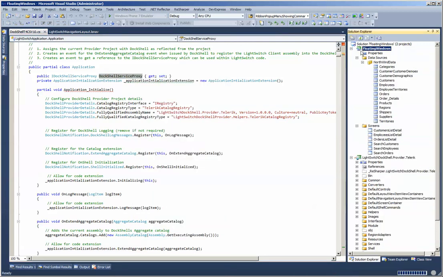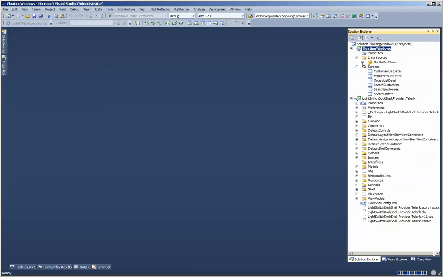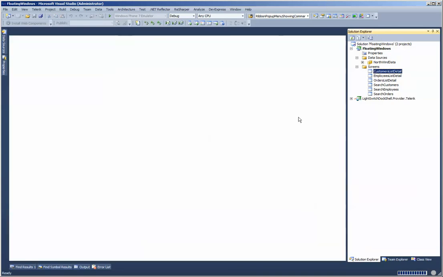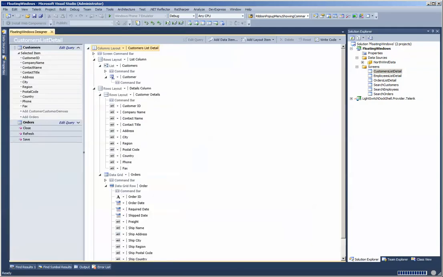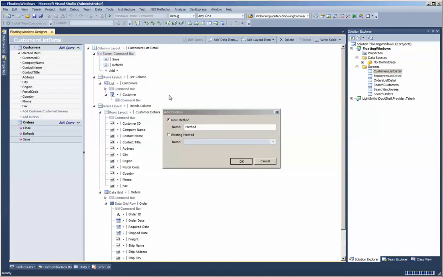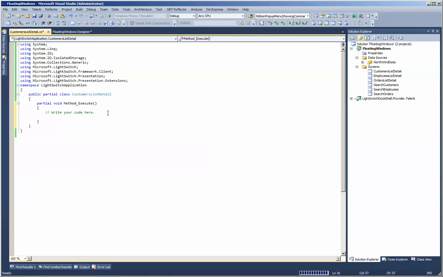So I've just flipped over to the floating window, and I'll just close this now. Close that so it's clear. And so now what we're going to do is look at adding some logic to this particular screen, and then using that same service proxy to do something different. Okay, so let's, for instance, say that we've added a command here, a new button. And if I was to just double-click that particular command, what we should be able to do is basically reference this directly, because this particular class is actually